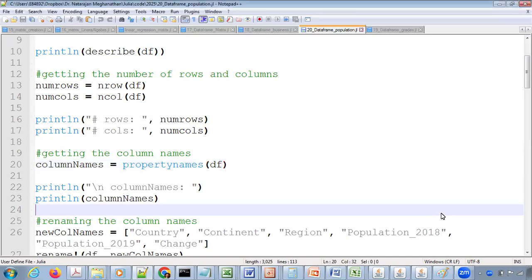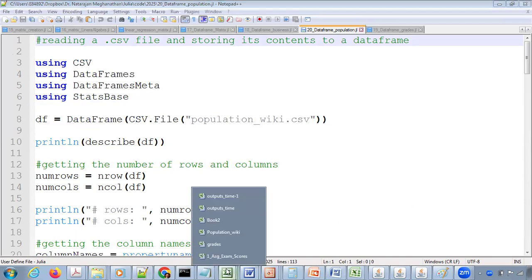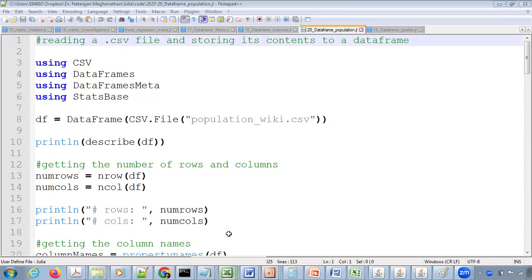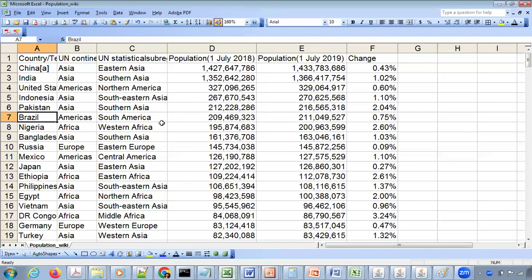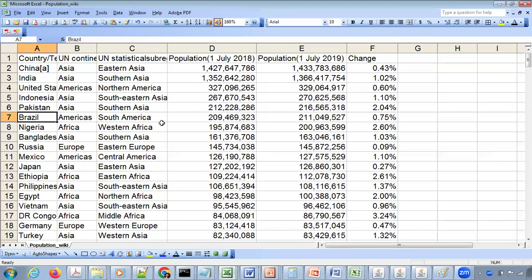Okay, so in this video, we're going to look at another application of data frames, in this case for population analysis. So this is the CSV file we're going to look at. This is taken from Wikipedia. So basically it has for each country, the population